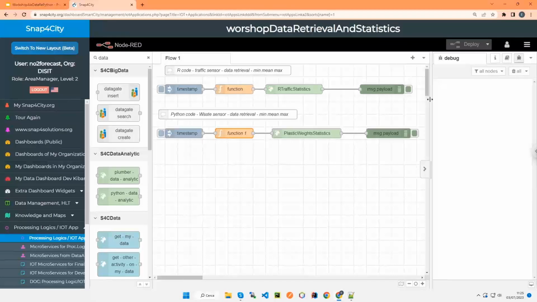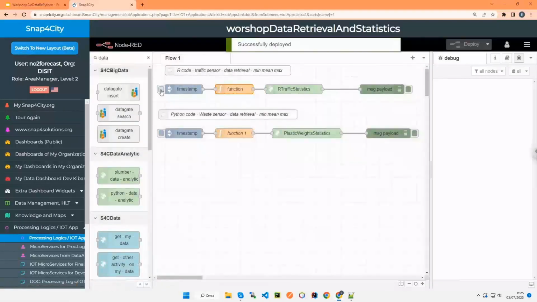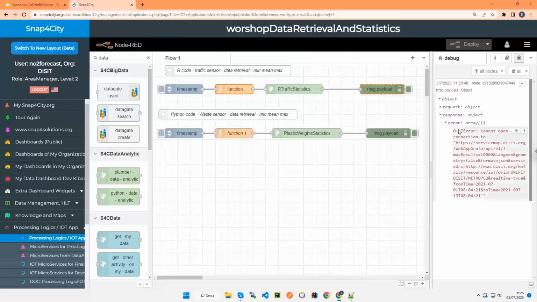So now we saw it. To conclude this workshop, I will test the error catching, because we also implemented it. If I modify something here, for example, I will put here another 0. Done, deploy. I will inject. This is for R. What do we have? We have an error, cannot open connection, and so you can debug this and find that you have